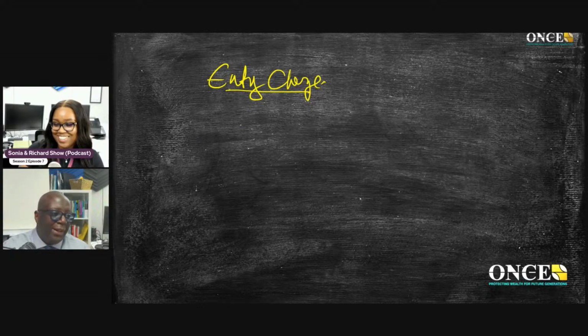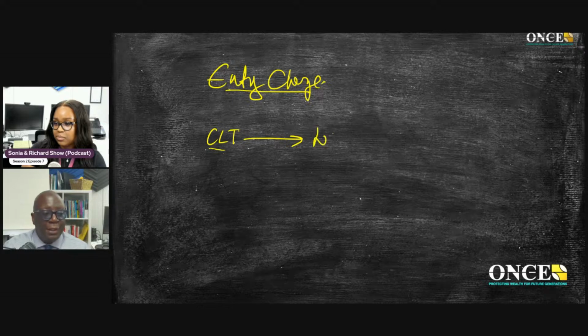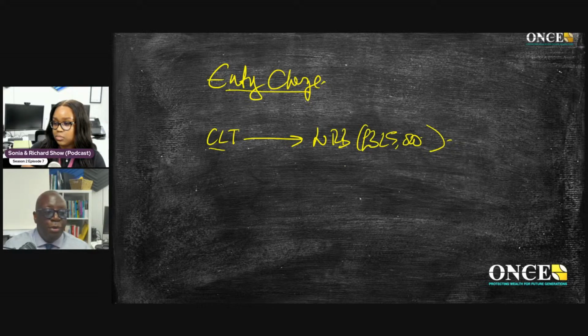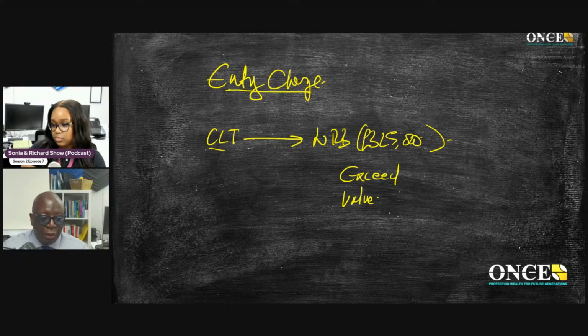Let me go back. An entry charge is basically, as I said, a chargeable lifetime transfer. We would normally say cap it at the nil rate band, which is £325,000 as we speak, unless something has changed in the law. And if you put more than that in a trust, so if you exceed that value, let's say you put £500,000 in the trust, then the excess, in this case £175,000, will attract a 20% inheritance tax